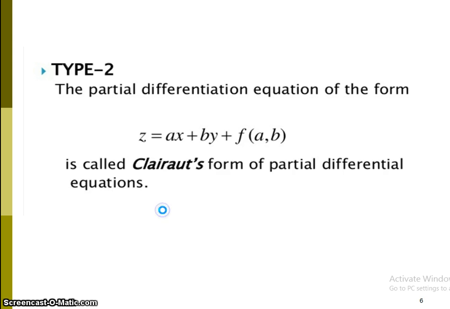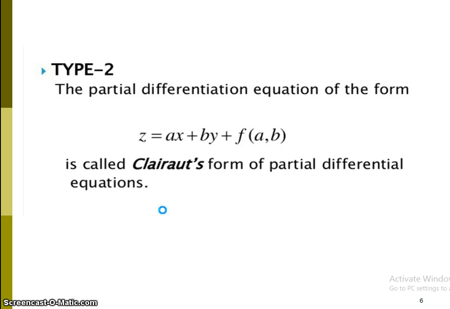The next problem is find the complete solution of p minus q equal to 0. So first we take the given p minus q equal to 0. So this is of the form f of p comma q equal to 0. Therefore the trial solution is z equal to ax plus by plus c, that is equation number 2. So next we put p equal to a and q equal to b in the given equation. So a minus b equal to 0, therefore b equal to a. Therefore the complete solution is z equal to ax plus ay plus c, that is a into x plus y plus c. So this is the complete solution of problem number 5.